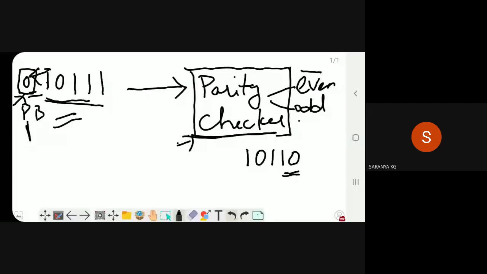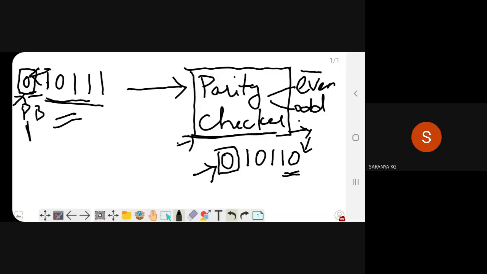The parity checker will check the parity bit. Here it is mentioned as 0, but the received data is having an odd number of 1s, so the parity checker will analyze that the data is having some error. This is why we are going for parity checker and generator.